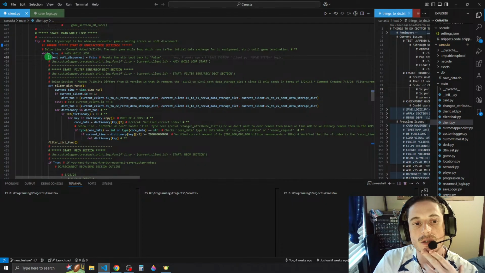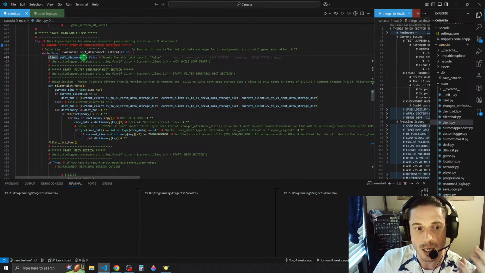But since we're gonna be, it wouldn't take that long, and we could just say, like, for object name in database, and then make like execute object name equals value.